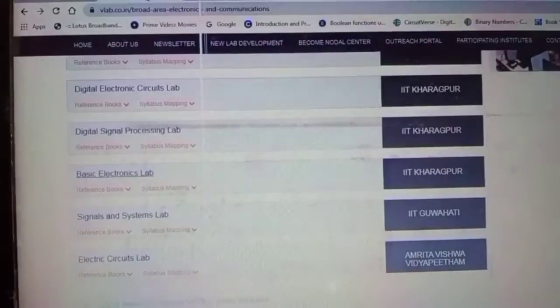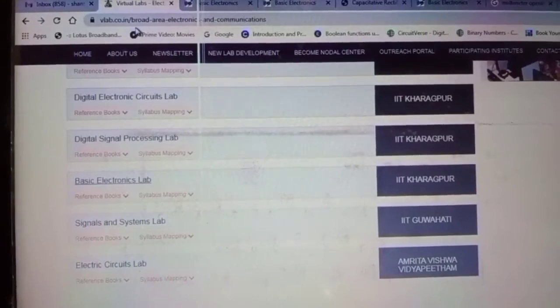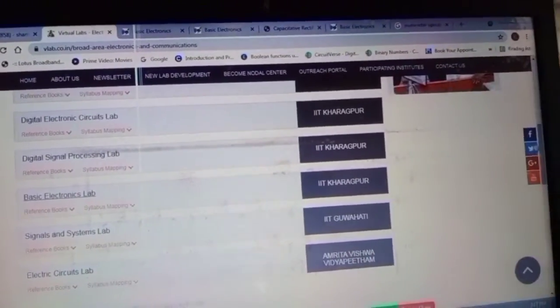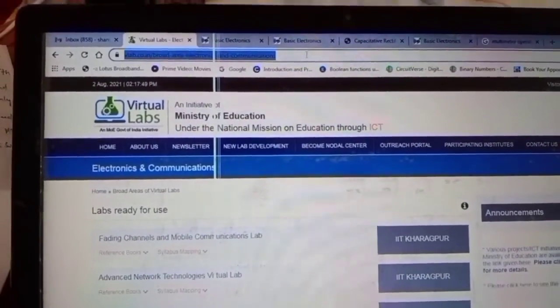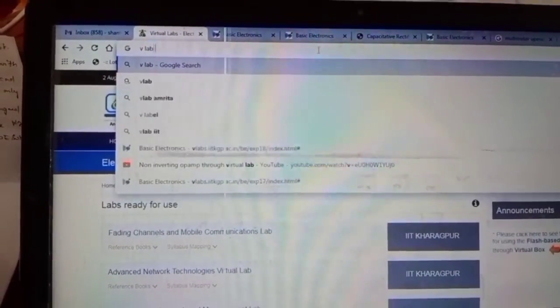Okay, now we will see the experiment of full wave rectifier with filter and without filter. In the virtual lab we will see how to check the filter. Go through vlab.co.in. I'm just repeating, search in Google VLab.